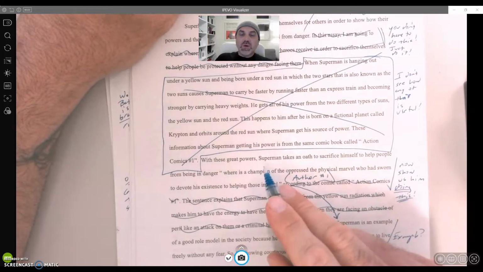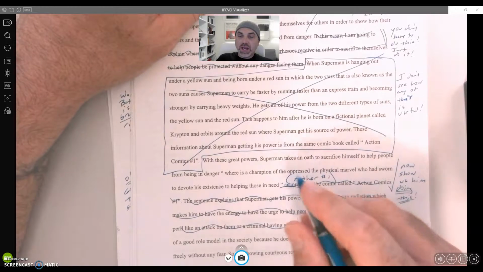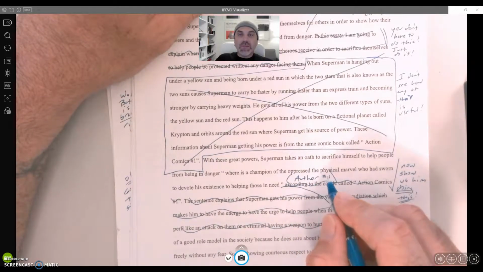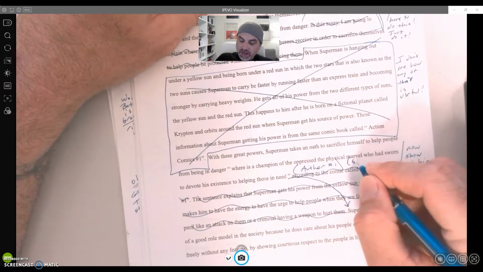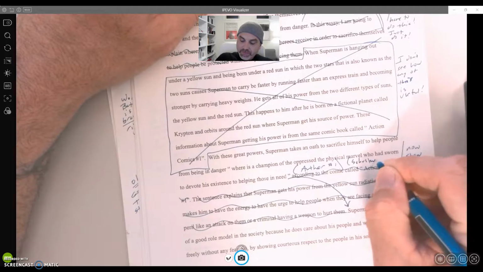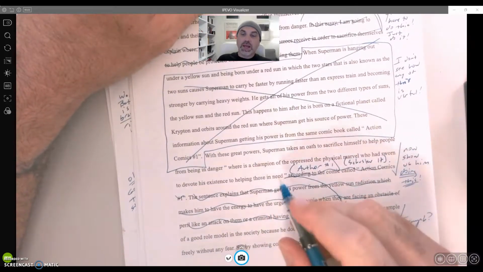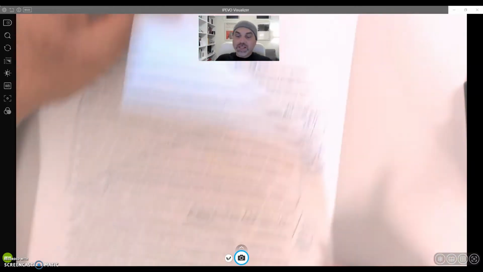Remember that when you use a quotation, there are only a few of them in here. You need way more quotations, but when you use a quotation, it's always going to be the author's last name and then the page number. So if this comes from the Superman comic, it would be something like Schuster, and then the page number, period, whatever the page number might be. The period comes here, it doesn't come here. But again, more of these examples, right?